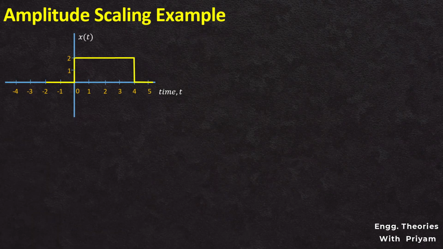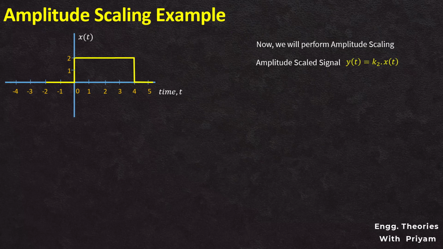Next, you will perform the amplitude scaling operation, and the amplitude scaled signal can be given by y(t) = k2 · x(t). This value of k2 will determine how much amplitude scaling is going to be performed on the signal x(t). If k2 is greater than 1, then the signal amplitude will expand, but if the value of k2 falls between 0 and 1, then the amplitude of the signal x(t) will be compressed